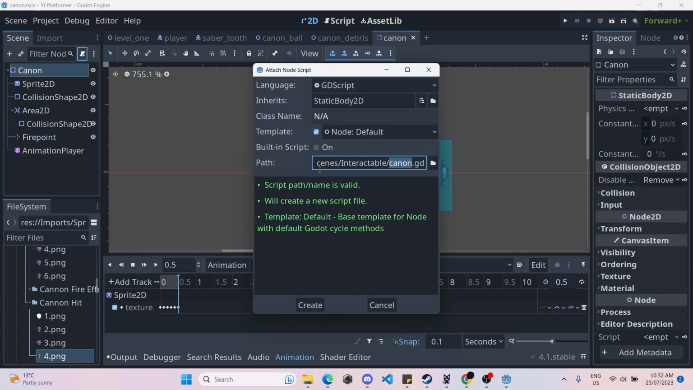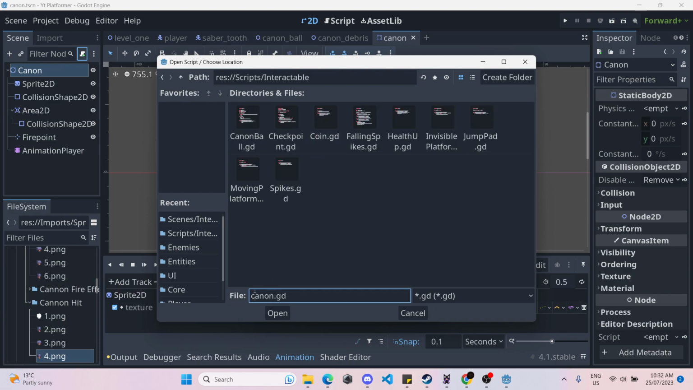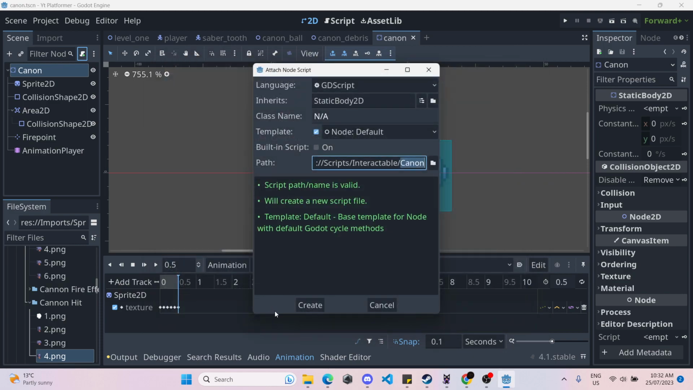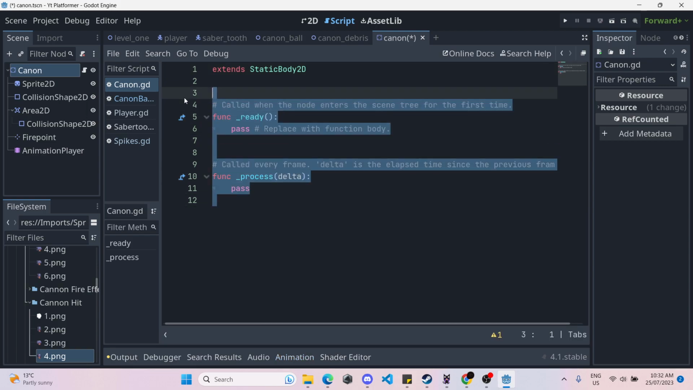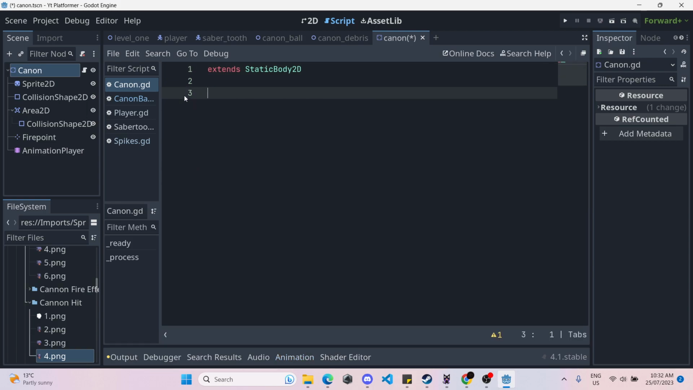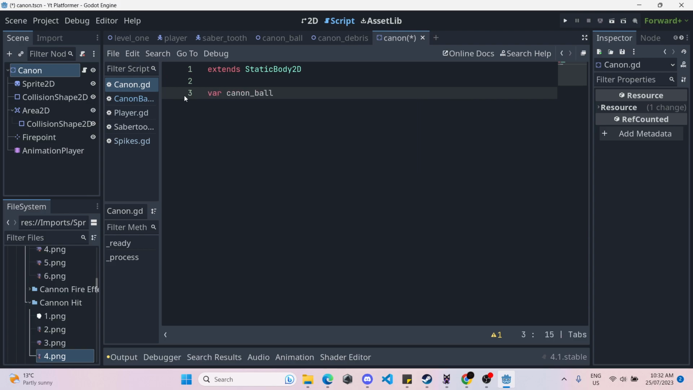So we'll click on the script button. We'll make the script in the right folder. So scripts, interactable in here. Cannon like so. Cool. Create it. And we'll need quite a few things in here. So we need a reference to our debris and our Cannon Ball. So we'll do var cannon_ball like so